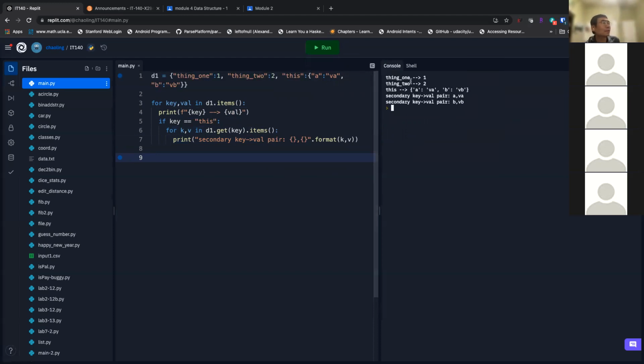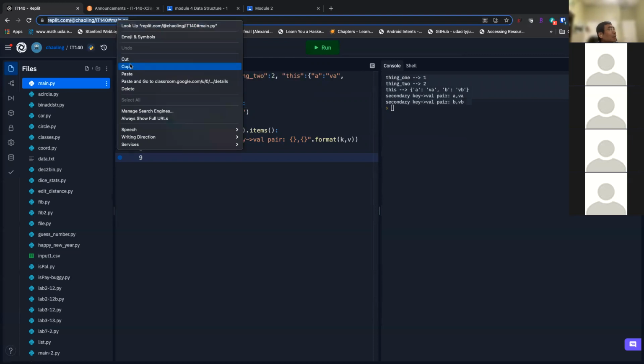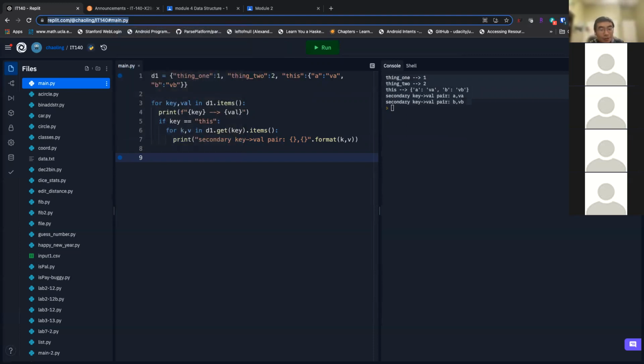The outer loop will print the key-value pair, and the inner loop prints out the secondary key-value pair, which is AAA and BBB. All right, let me give you this link so you can play with it yourself. Is that clear? This is a fundamental way to iterate through a dictionary.